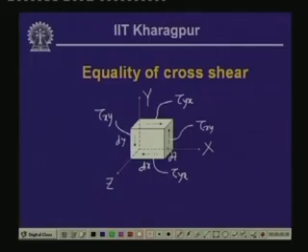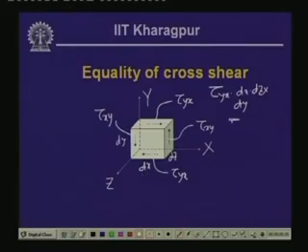Now, if we take the moment of all the forces about z axis, then the moment expression can be written as: tau y x is the stress acting on the area dx by dz. So, tau y x multiplied by dx multiplied by dz is the force. Moment about z axis is this multiplied by the distance dy, which is the moment about z axis of tau y x, clockwise in nature,